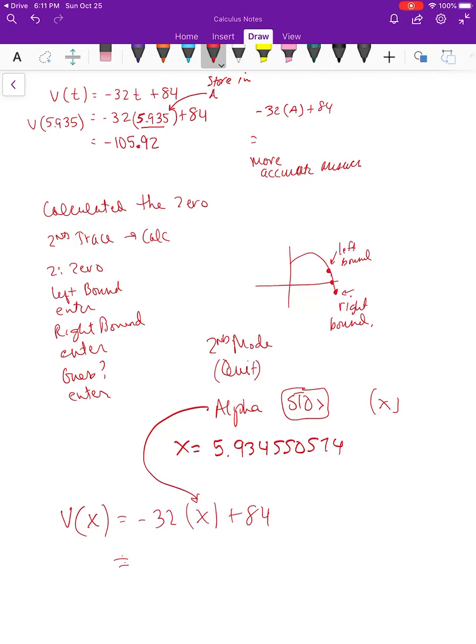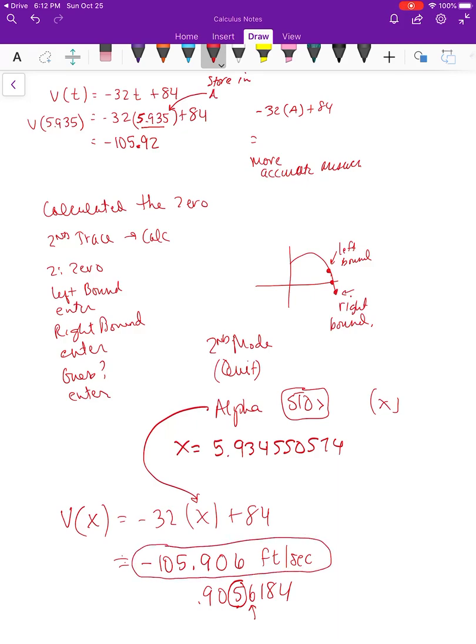Negative 32, and then I'm going to do alpha store for X, and then plus 84. And that gives me a negative 105.9. Not much difference, but 906, let's say. It gave us 0.90568184. So if I rounded it to 3 decimal places, like the AP exam wants, this is the one you're either going to keep or change. So the 6 tells me to increase 5 by 1. So that's why I put negative 105.906. That is feet per second. That is the vertical velocity of the baseball when it hits the ground. Okay? So that is more accurate. That's the more accurate one than the negative 105.92 that we found. All right, that was number